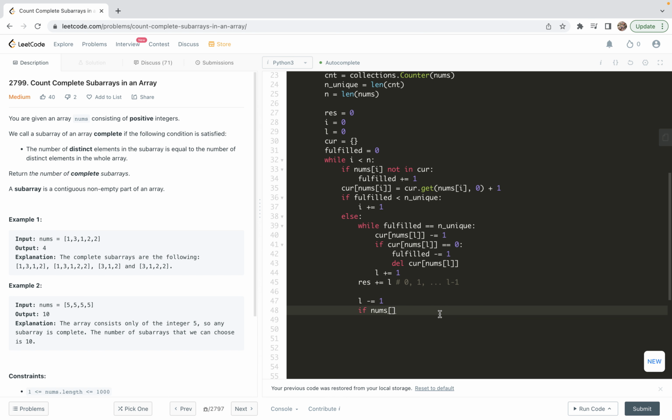Because this will recover the fulfilled, equals, and unique, right? And what we want to do is to add back. So after we decrement this L, from this current new state of L to the current index I, it will contain the full set of unique elements, right? So if nums[L] is not in current, we're going to do this: fulfilled